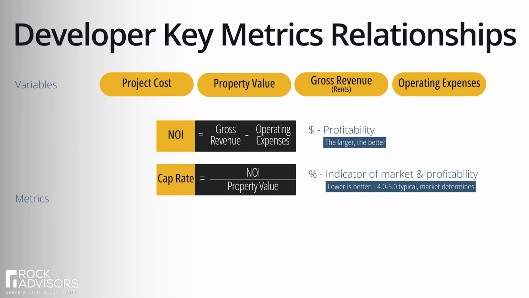The cap rate, people often confuse the cap rate. The best way to understand cap rates, and to know whether it is better to be high or low, is to look at the formula. It's very simple. NOI, the amount of money that you operationally have as a positive cash flow, is divided by a larger number called property value, so the cap rate gets smaller and smaller. So if your building's worth more and more, assuming NOI stays constant, then the cap rate will go down. From the developer's perspective, a lower cap rate is better because that means the property